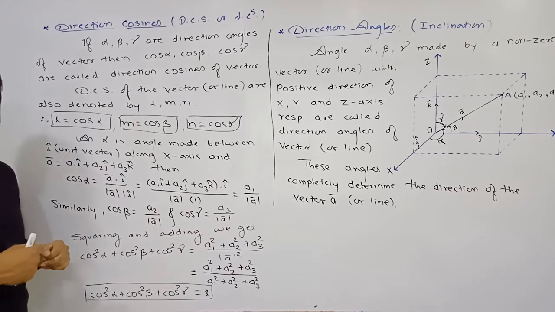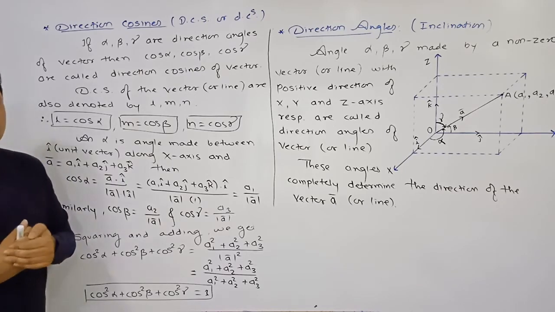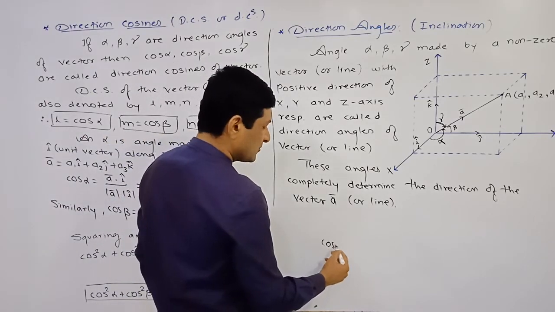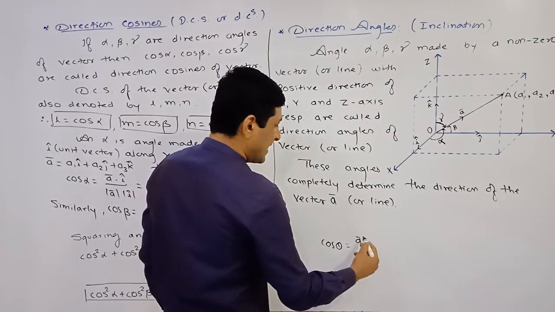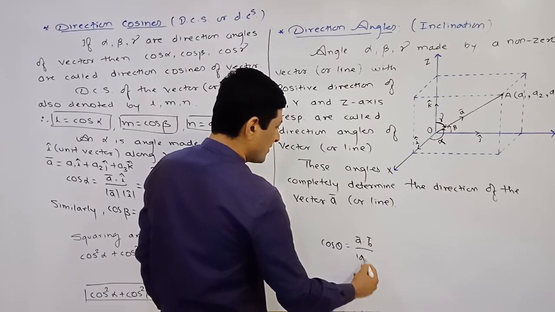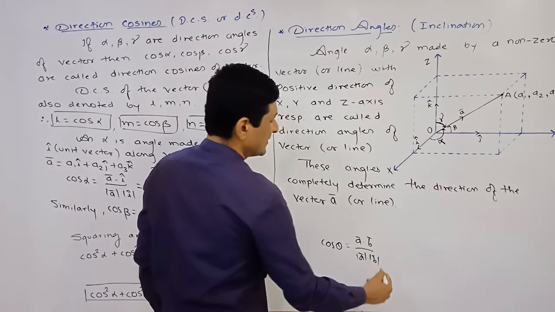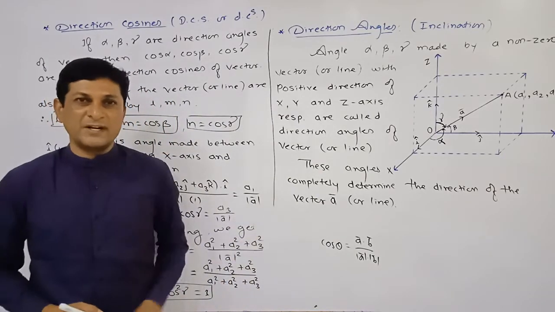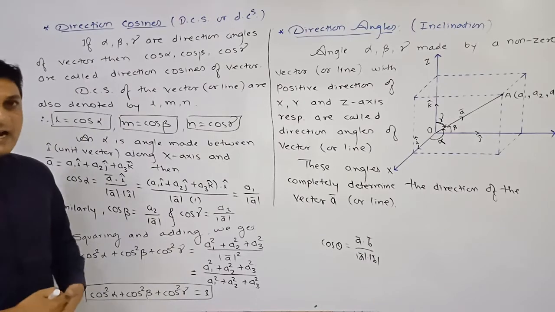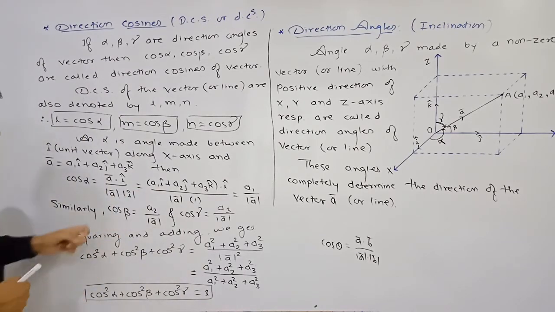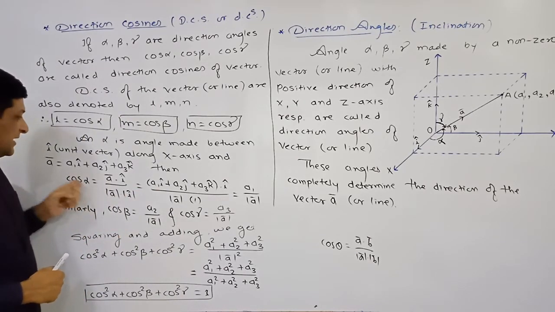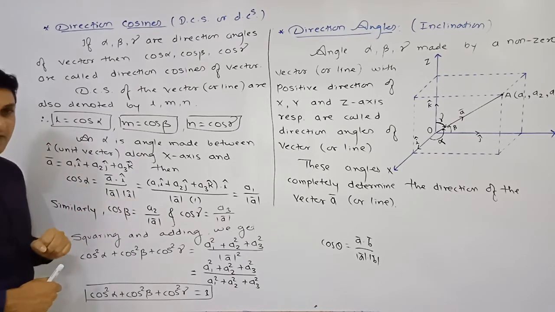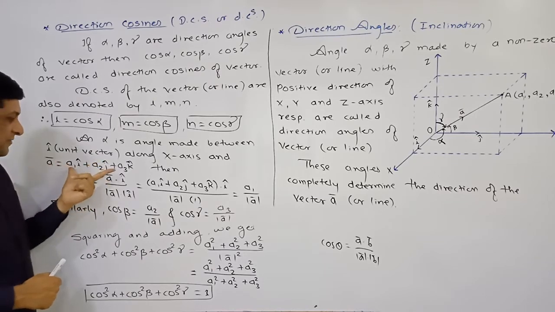Now we are finding value of cos alpha. Already we have studied one formula to find out angle between two vectors in dot product. What is that formula? Cos theta is equal to a bar dot b bar upon magnitude of a bar into magnitude of b bar. So this is the formula to find out angle between two vectors, which already we have studied in dot product. Now same formula we are applying here. According to that formula, cos alpha will be equal to a bar dot I cap upon magnitude of a bar into magnitude of I cap. So we have substituted the value of a bar here.